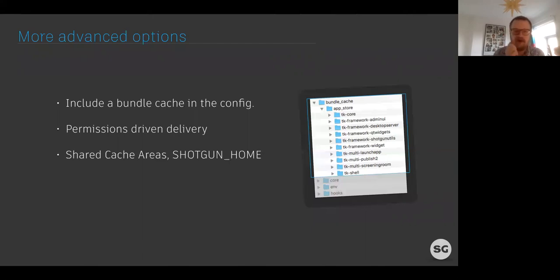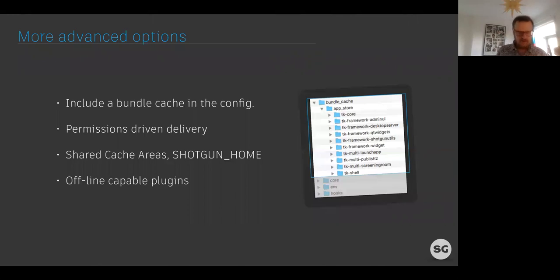I explained earlier on that all of this stuff is cached in particular areas. There are ways to override this. We have an environment variable called shotgun home. There are other environment variables as well, all documented in the dev documentation. But these cache areas can be shared or moved around, configured to not necessarily use those defaults. And you can build plugins and distributions if you're doing development or if you're running services that